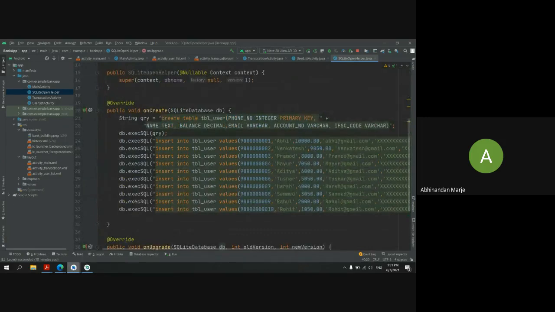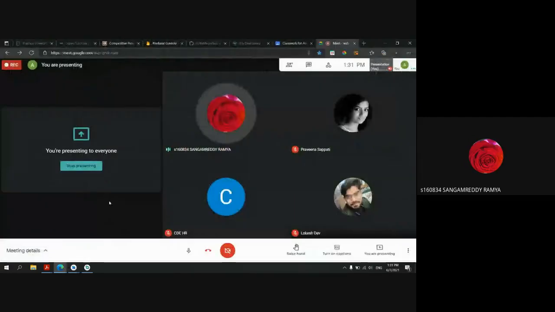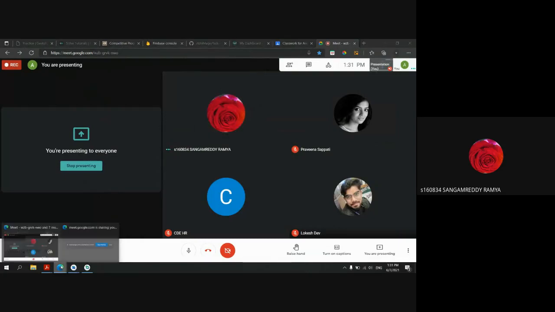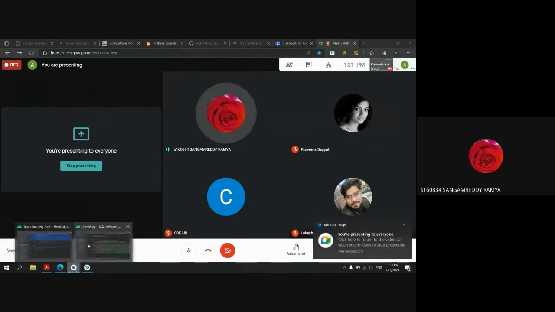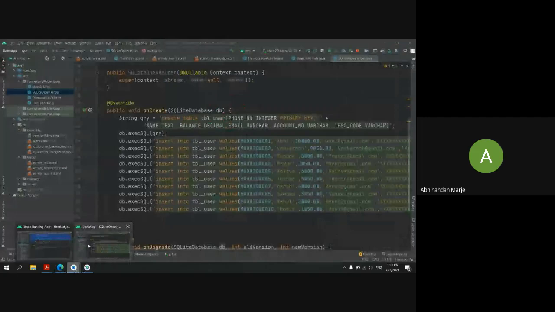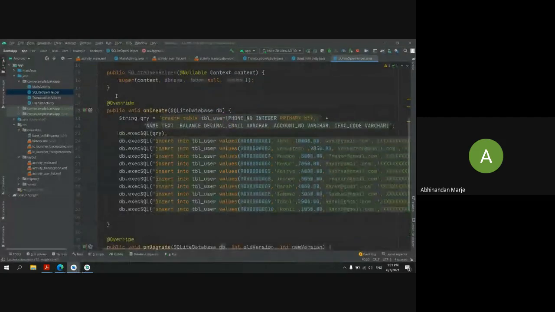Other things clear here? Any other doubt? Yes, sir. Sir, firstly I have to create one layout, and after that, to create an intent, I have to take another activity. So next I have to take a Java class to create the database, sir. Yes. For today's session, the main thing will be creating the database only.